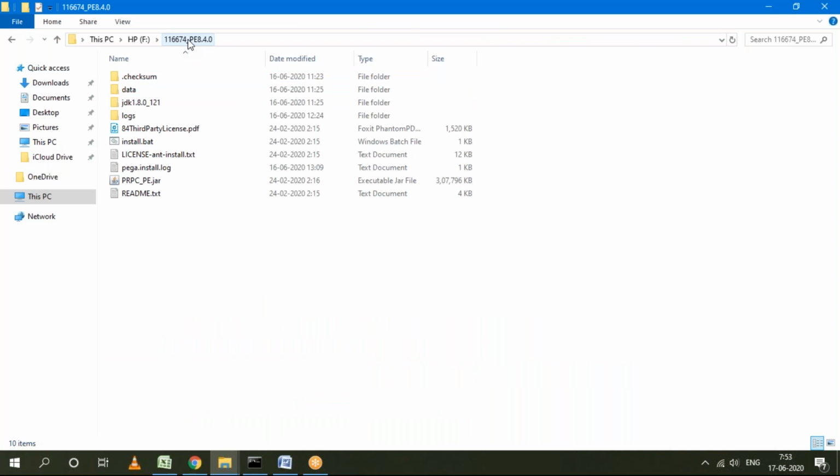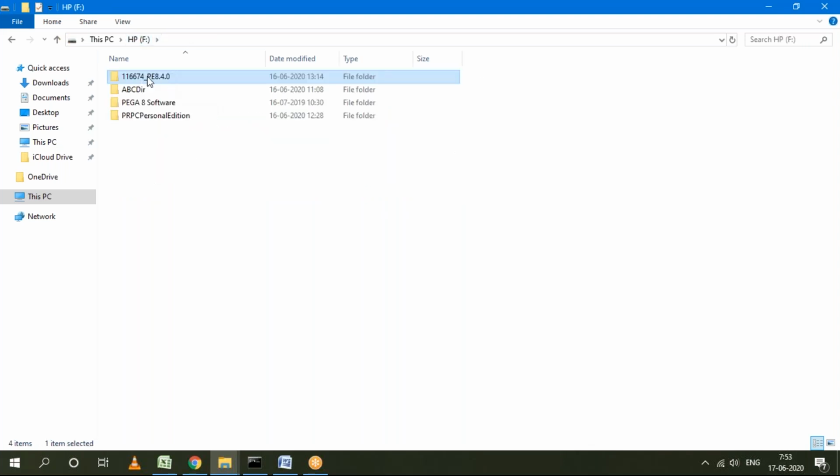You can change it, but why I'm saying not to change is that sometimes when you change the folder name, you may give some spaces. You can give any name, but suppose I say you can change the folder name, some will give different names with spaces. If spaces are there in this folder name, then it will not read the installation files when you start the installation. So that's why, whatever the file name it is extracted with, keep the same name for the folder.